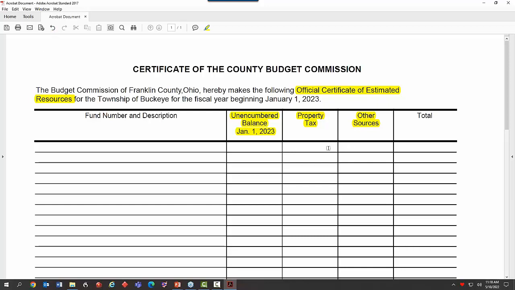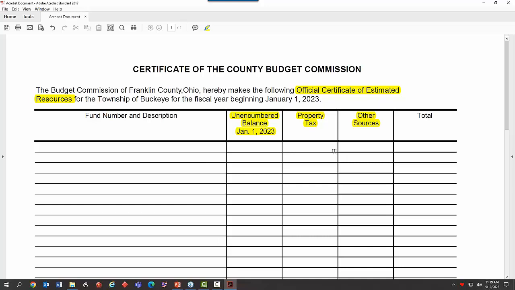And I know that there are some counties that if you estimated your tax revenue too low, they're going to bring it right up to the exact tax base. And there are other counties, if you estimated it based on the entire tax base, they're going to lower it because that county thinks, well, nobody ever pays 100% of taxes. There are people that won't pay their taxes. So it just depends on your county's procedures, what this is going to look like.